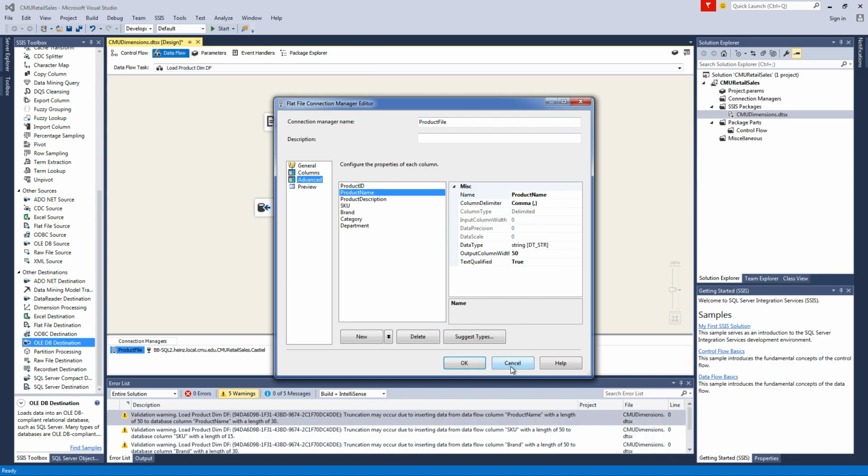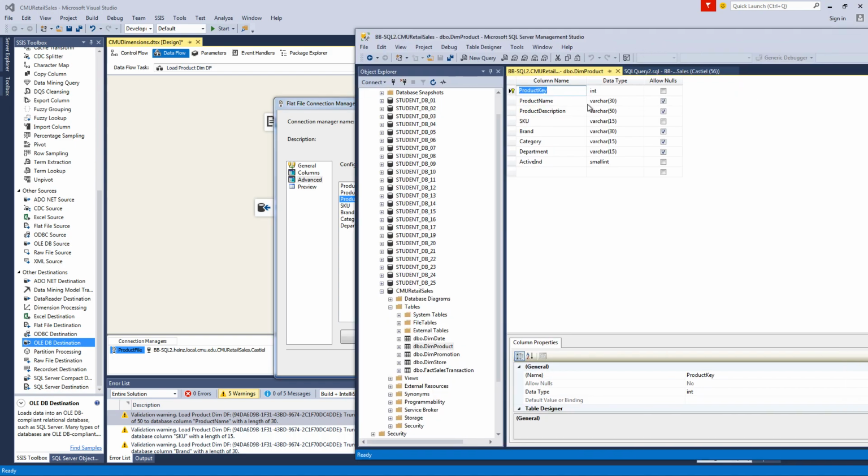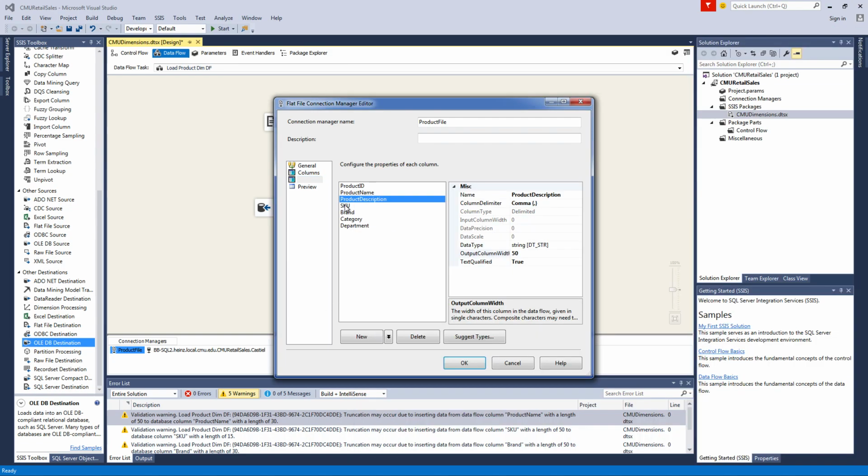That's why we got such a warning. If we want to fix this warning, it's easy. What we need to do is just change the column width here to match our database. So for the SKU is 15, for brand is 30. Okay, SKU is 15, brand 30, category 15, department 15,